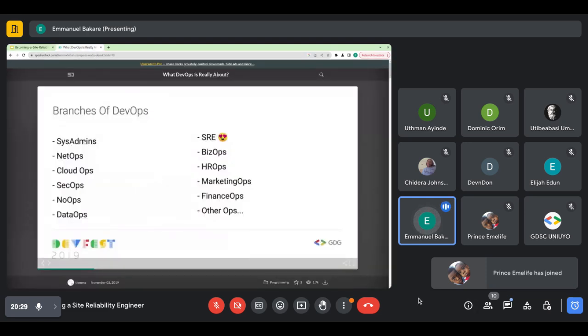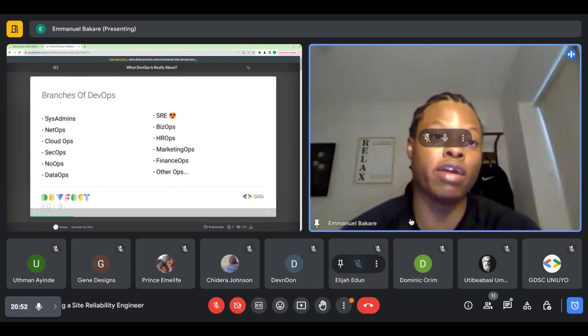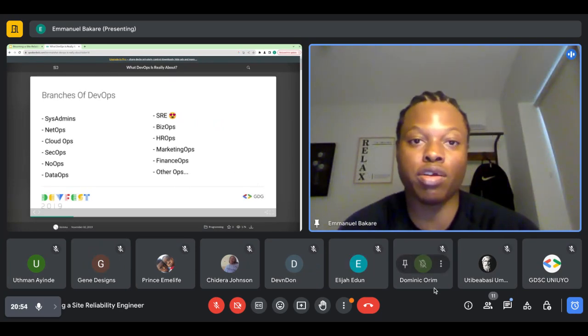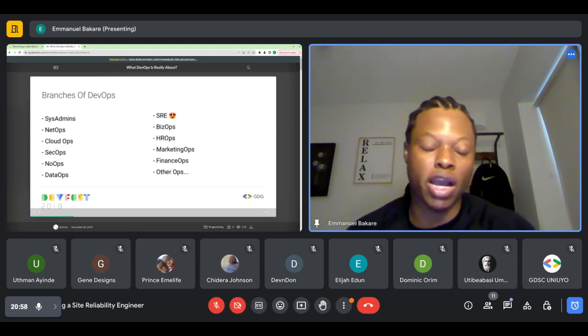So generically, there were only sysadmins. People mostly had sysadmin guys that did most of the work, and they usually had some networking guys who were a mix of sysadmins, but they didn't really write too much code, and they didn't really build systems that would enhance writing code. So for a majority of the systems that were built, you had to figure out, oh, is there something like Terraform that could work for this? It was a lot of back and forth.